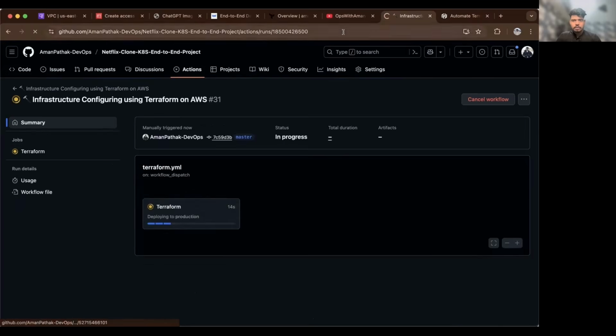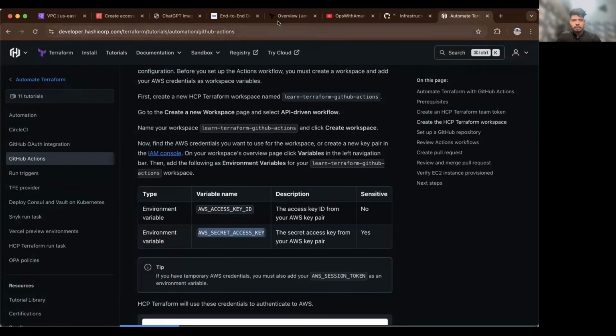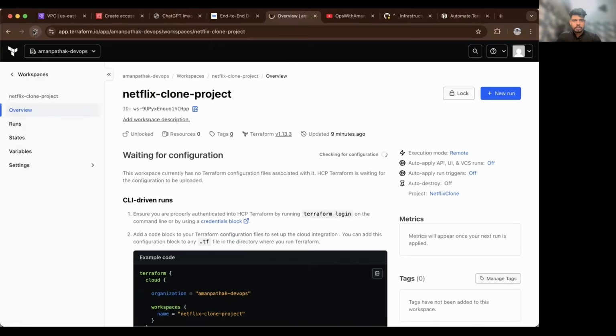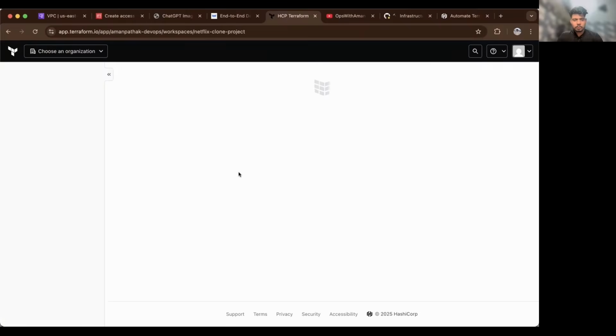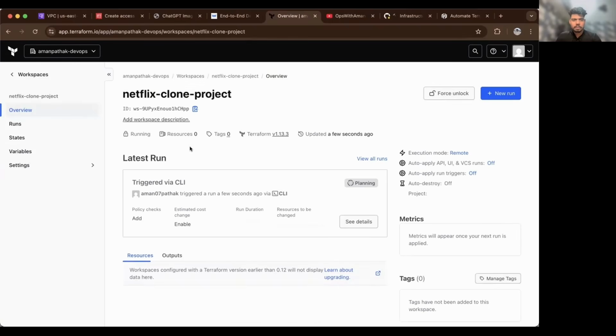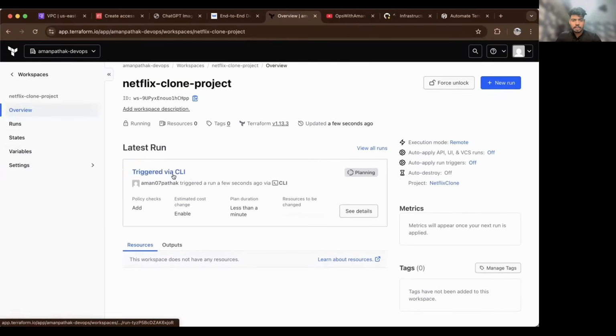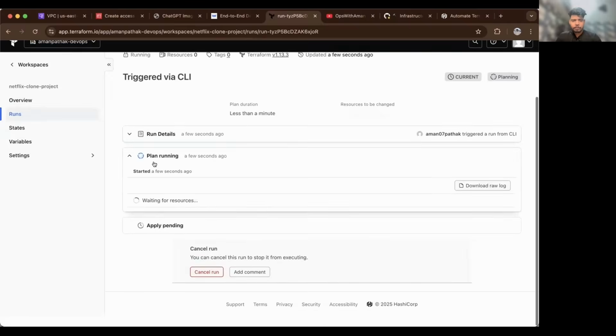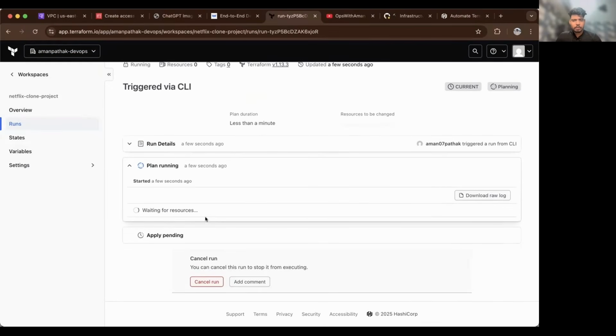So go to the logs, and also we can check it from here as well. So if I just refresh it here, within seconds you will be able to see the resources that is going to create. And yes, we can see. So now it's running the plan, because as we triggered the apply, that's why it is showing the plan now. So it is waiting for the resources,